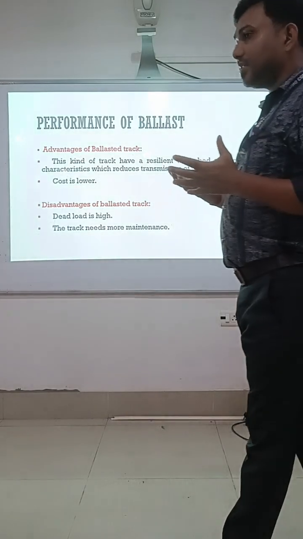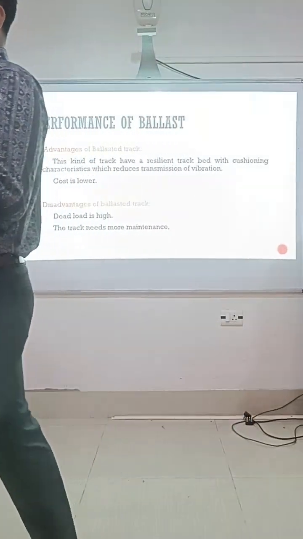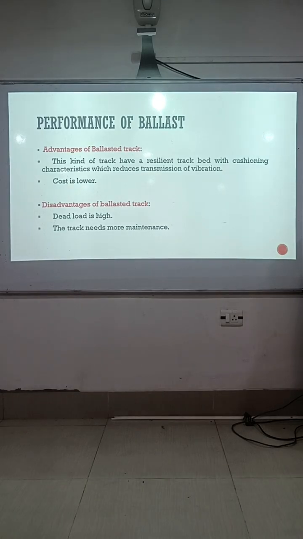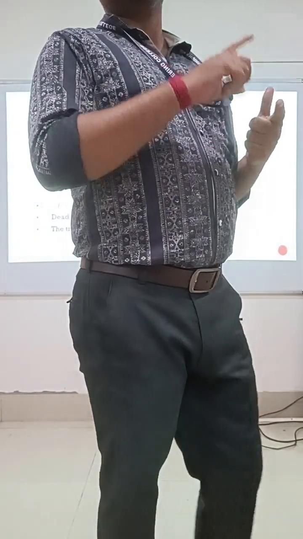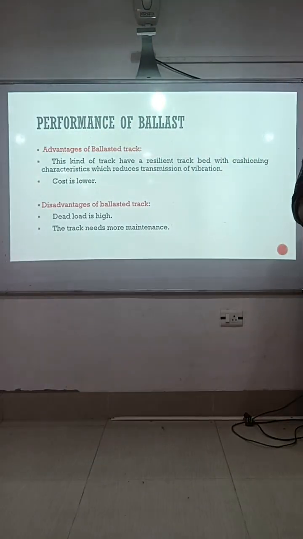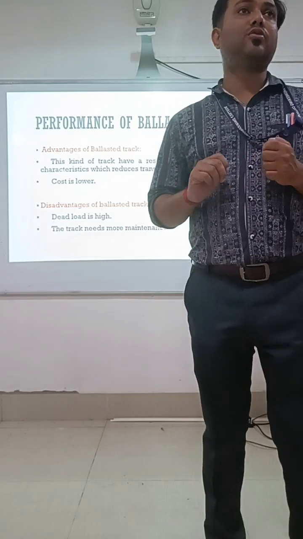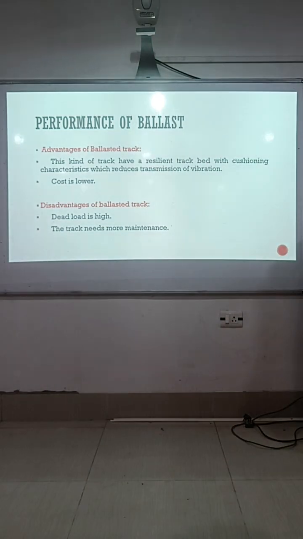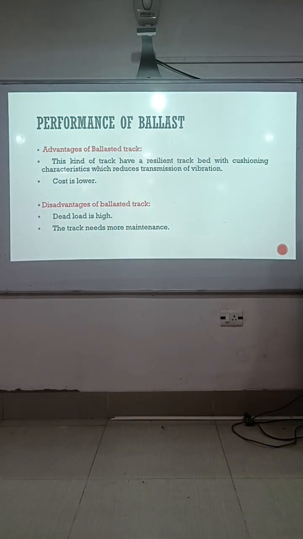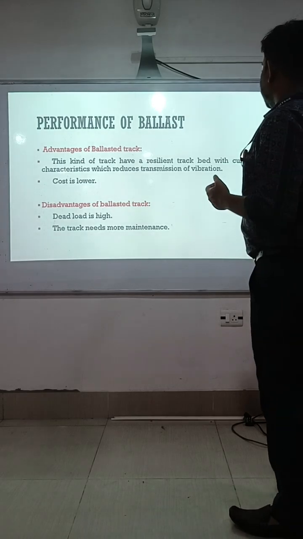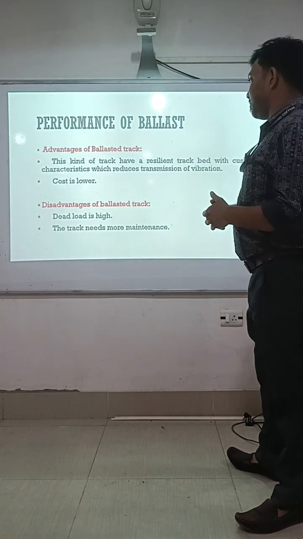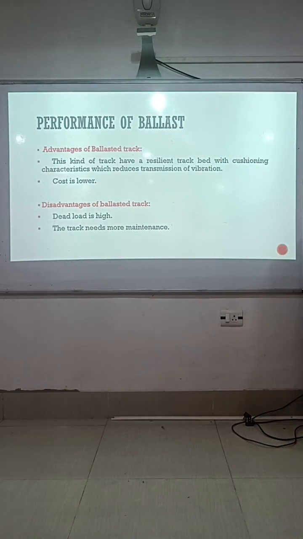The total vibration due to the movement of the wheels on the rail, and the friction between the rail and the wheels, will generate a high amount of vibration. This vibration will be reduced and taken by these cushioning characteristics of the tracks. But in this case,